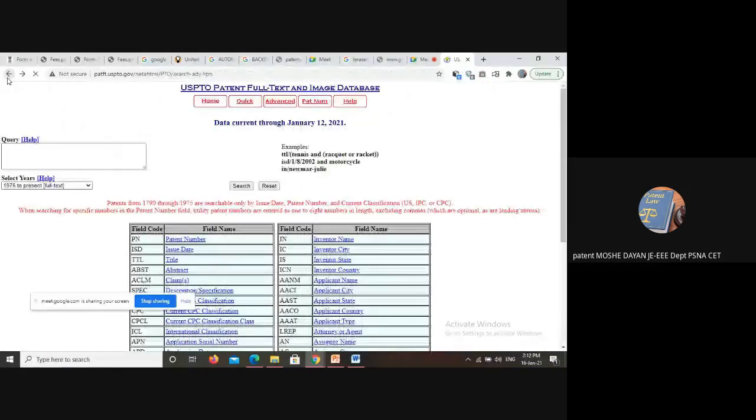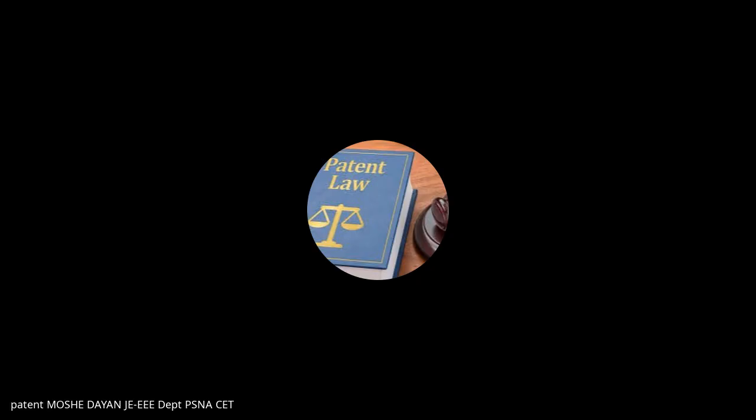in this particular state. All right. So this is the kind of search that you do with the field code. So you should be using the field code. Say, I know the issue date, or I know the inventor's name, or I know the patent number. Accordingly, you have to type and do a search here. So this kind of search is called searching through the field code. Okay. So there is one more search.